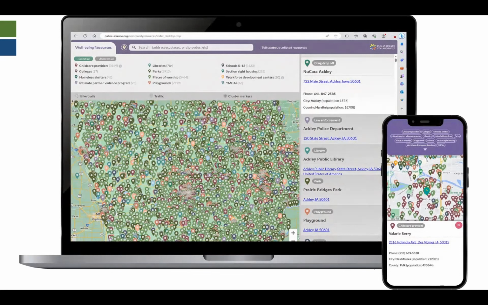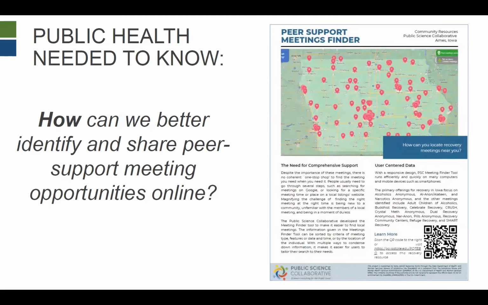Now, this is again when everything was selected. But because we were human-centered, we learned through the process that one of the things that was not available that people really needed wasn't just this data. They needed to know where they could go for peer support meetings. So at the time we started this project, the Department of Public Health had a listing of about 20 to 25 peer support meetings on their main website. And so if I was a person in recovery and I needed to go get a meeting, I would have to go to that list, click on them one by one, search for meetings, find one near me. That really doesn't work for people in crisis. So we wondered, how can we help people build this better?